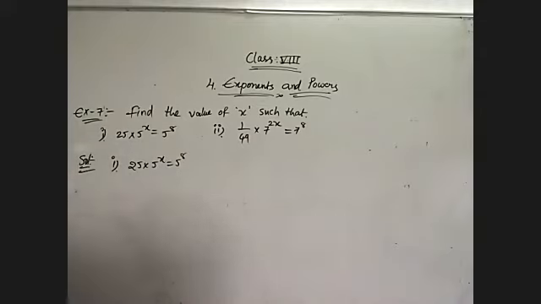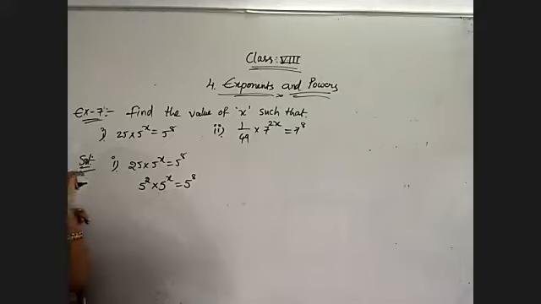First of all, try to express every number with the same base. Now here 5 is a prime number, so the remaining number 25 is not a prime number. So try to write this number also in terms of 5 only, with the prime factorization. 25 is nothing but 5 fives are 25, that means 5 square. So on the left side I am writing 25 as 5 square into 5 to the power of x is equal to 5 to the power of 8.